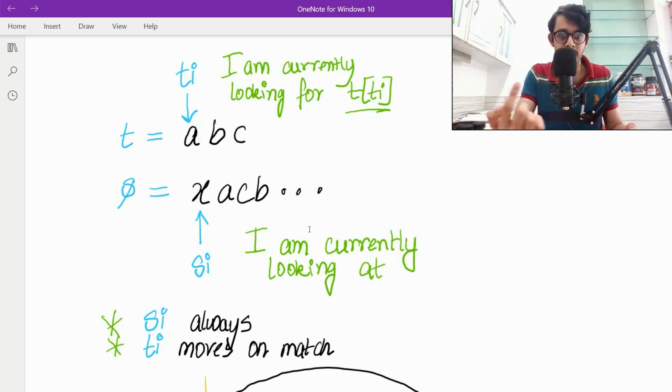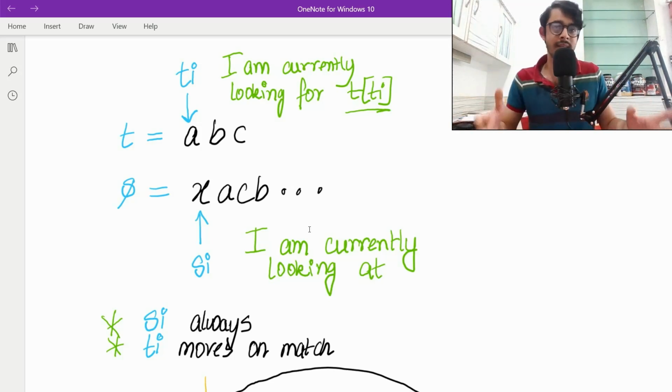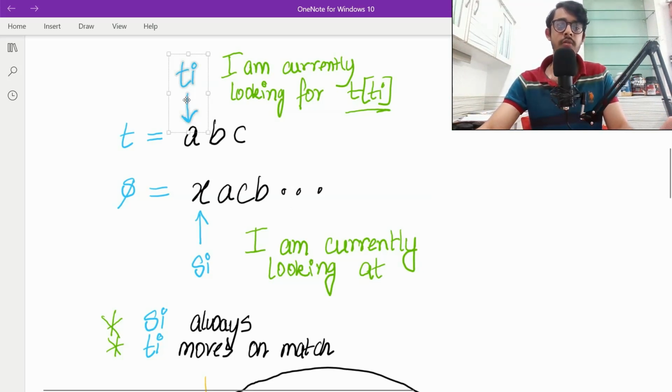Now, when does Ti move? I've written the answer already, but think about it: when does Ti need to move? If you have found all of the possible cases for A, then you can find all of the cases for B, then all of the cases for C, and then maybe we can see what combinations are being made.